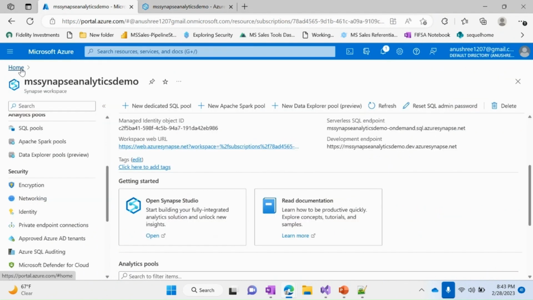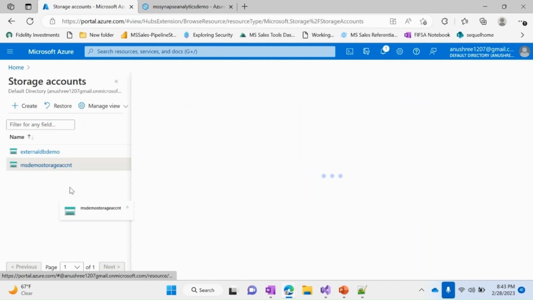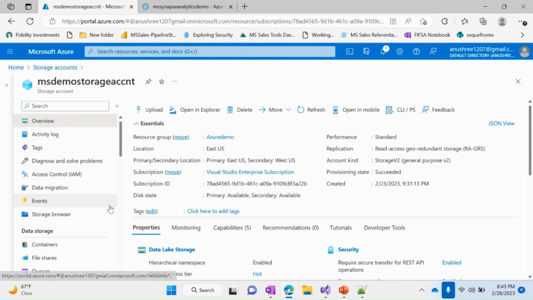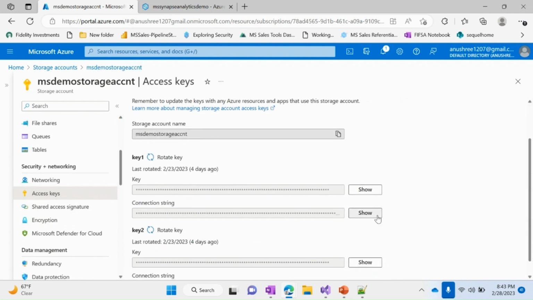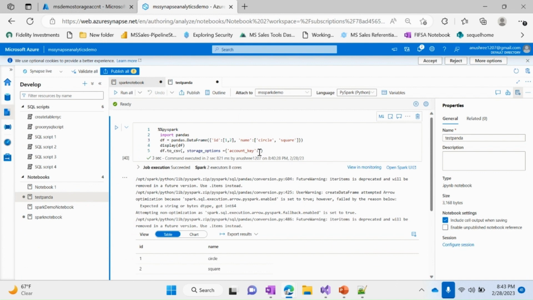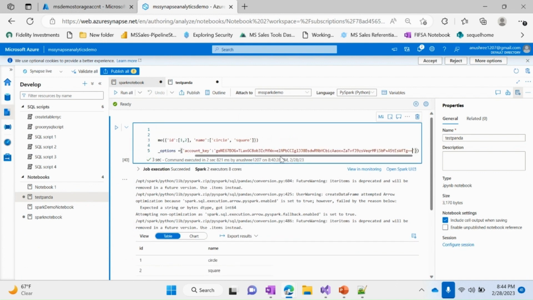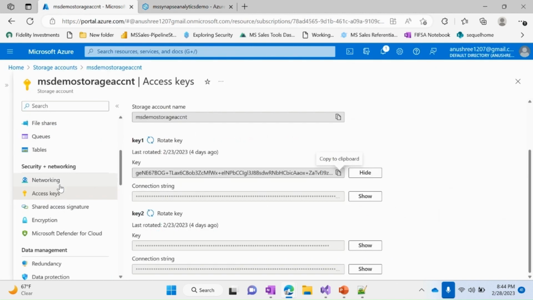So to get these values, we'll go to our Azure account and the storage account. So this is my storage account. To get the account key, we'll go to the storage account and click on access keys. So here we'll get the key. So we'll copy this account key and paste it here. Yeah, so my account key is pasted,